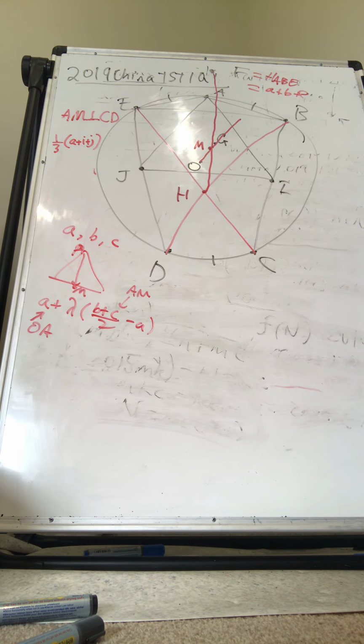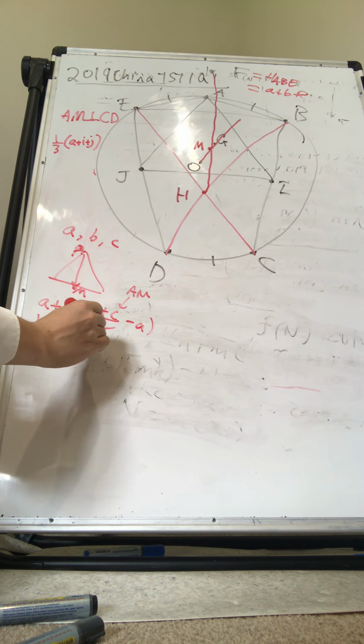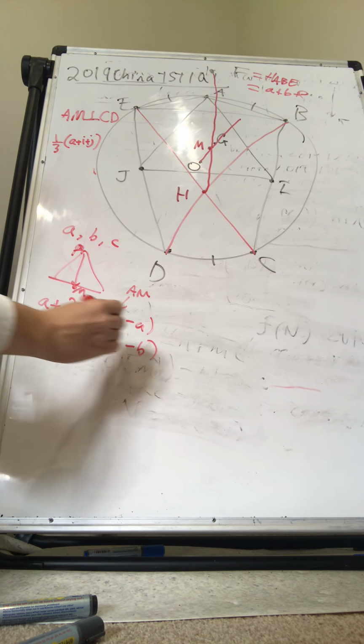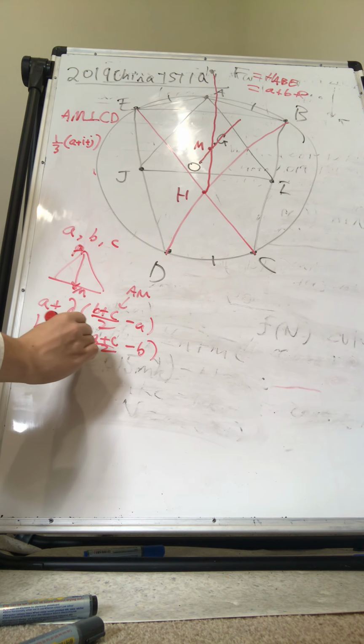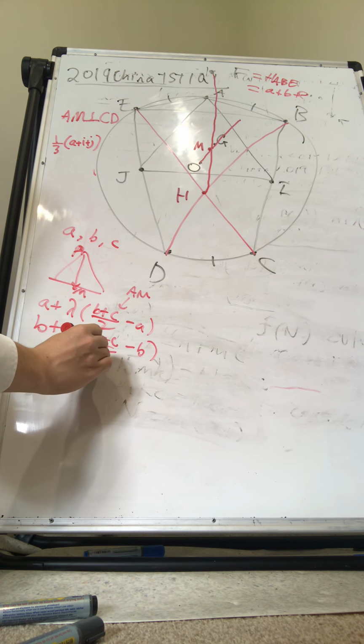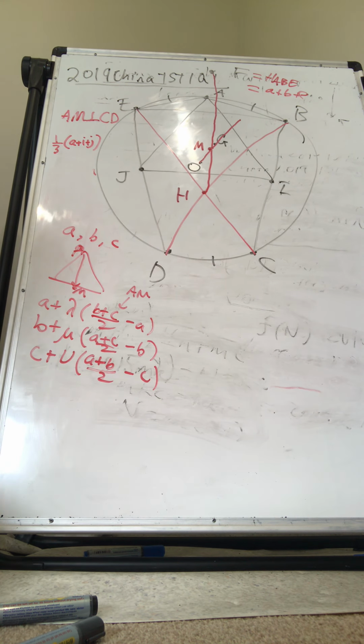If you take that idea and you have B plus mu times A plus C over 2 minus B, that's another median. And C plus nu times A plus B over 2 minus C. There should be only one solution. So if you set lambda, mu, and nu